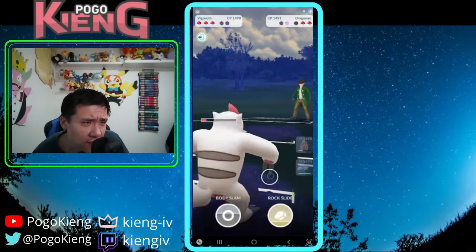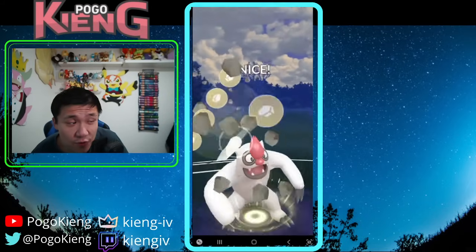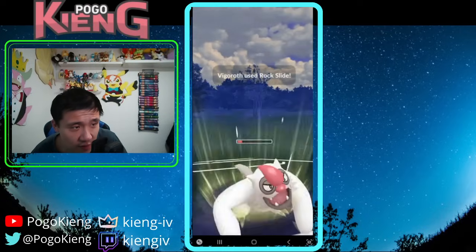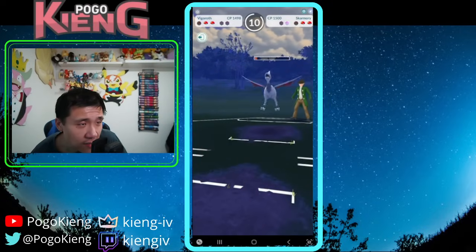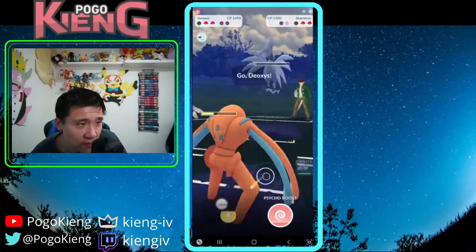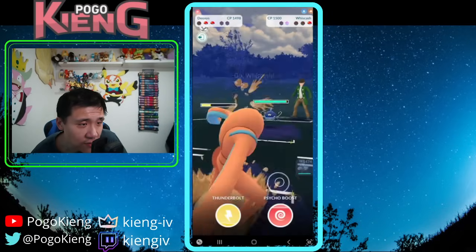And obviously I don't have any shields left, so I will throw the Rock Slide, which will do neutral damage to the Skarmory. And I'm going to look to counter. Okay, not able to counter down, but I know they don't have a move yet, so I will counter them down. And they come into